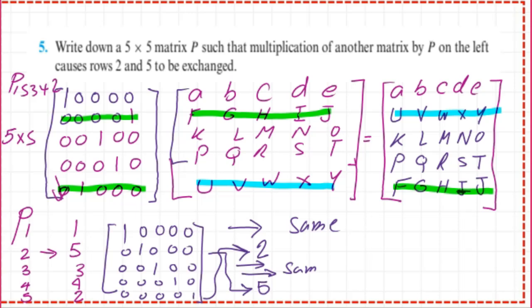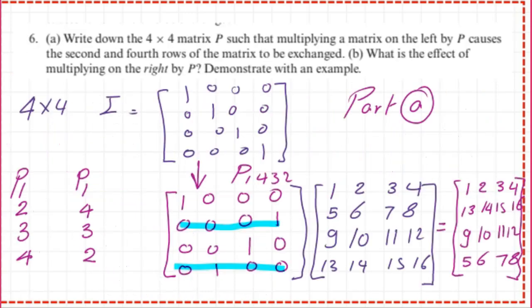Likewise, when we multiply 0, 1, 0, 0, 0 by the first column, the F will become here. By the second column, the G will become here. Other zeros multiplication will lead to 0. 1 by H, it will be here. 1 by I, it will be here. And 1 by J, it will be here. Okay, we will move to the next, exercise number 6.